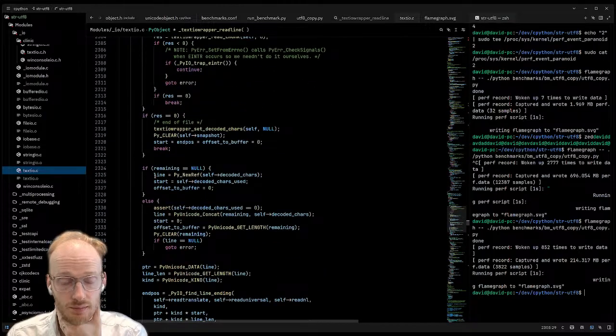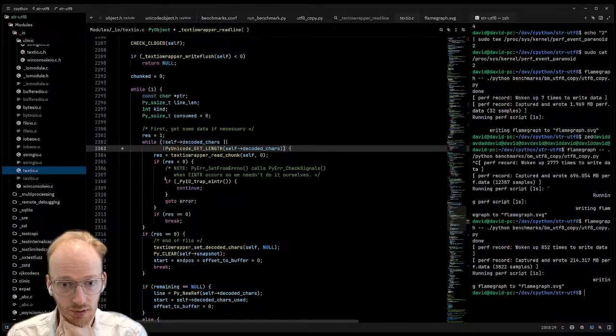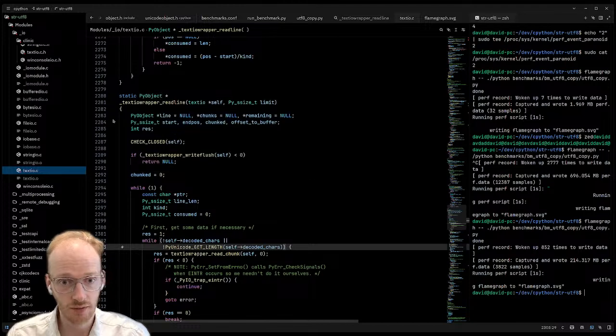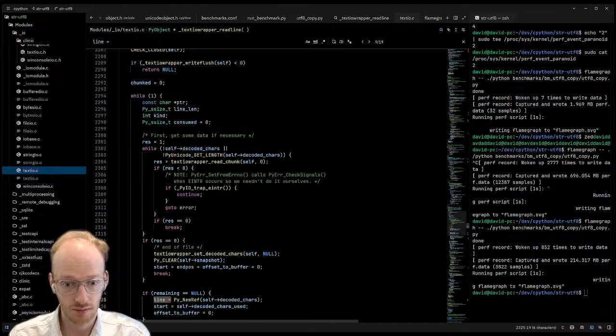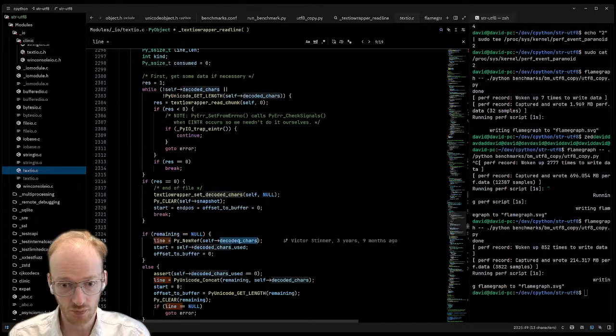Now here, I think it already has the line. Yeah, it looks like it, doesn't it? Well, line. It's setting it here, but from decoded chars.